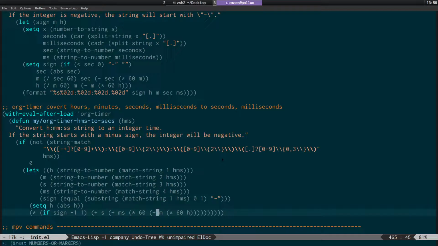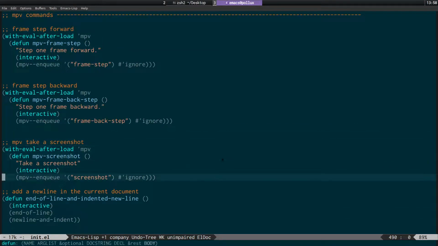Then after that, what we do is we do the maths, and basically what I'm doing is I'm just appending the milliseconds after it's done the calculations. That's why we need to split stuff up, so we can do the calculations and get it to all work. And then what we've got down here is the actual MPV command. So we've got frame forward, and what this does is this runs this